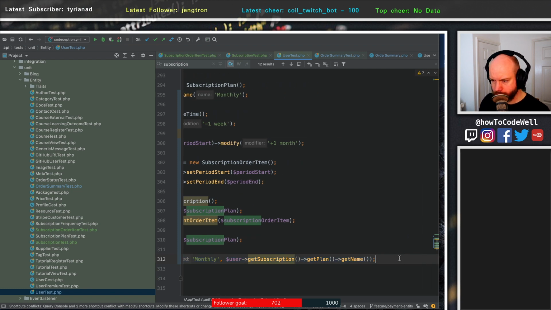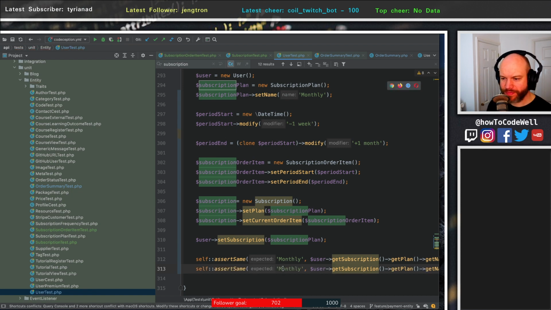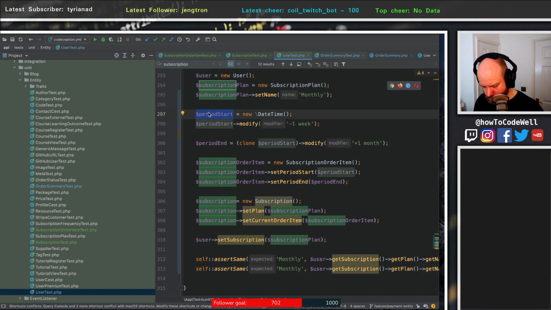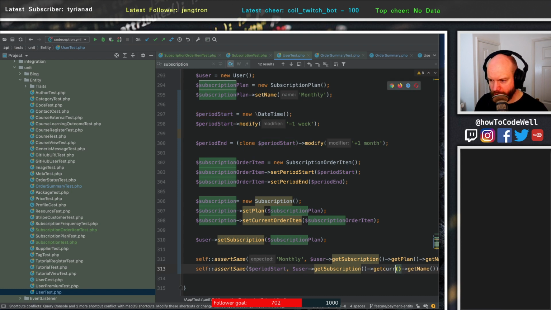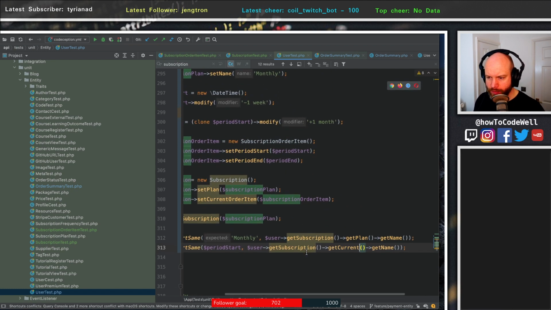And then we want to do get subscription, get, let's call it get current. I mean, at this stage, we're just playing with how it's called. So get subscription, get current, and then this would be